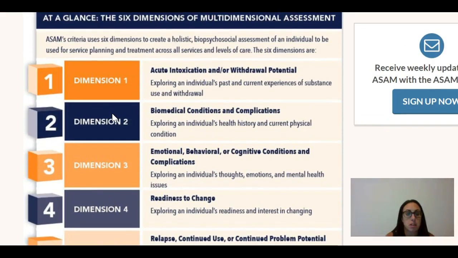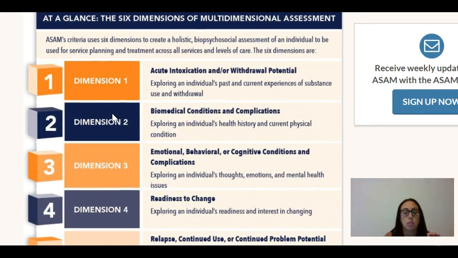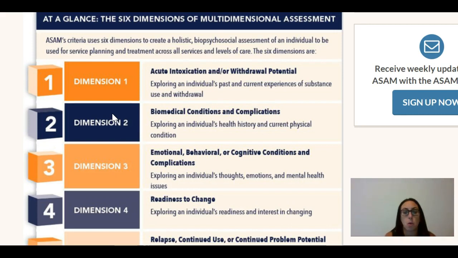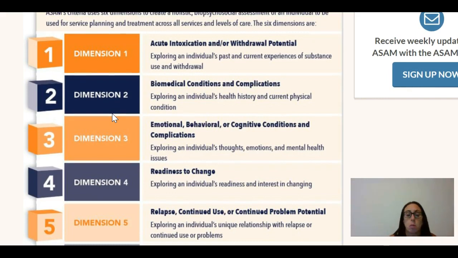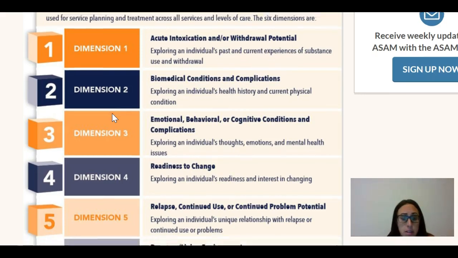So we just went through those 6 dimensions, and again, these are things that you need to assess in order to place them in the correct treatment setting. So just a review, is there a need for detox? Are they withdrawing? Do they need medicated assisted withdrawal? So do they need medication for the withdrawal process, or are they withdrawing on their own? Is there any physical complications or symptoms or issues that need to be assessed? Are there any psychological or mental health issues that need to be addressed or assessed?